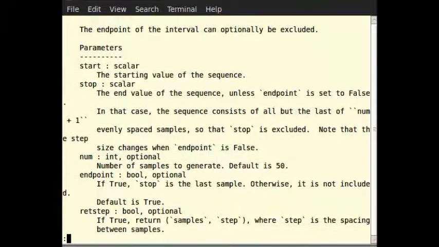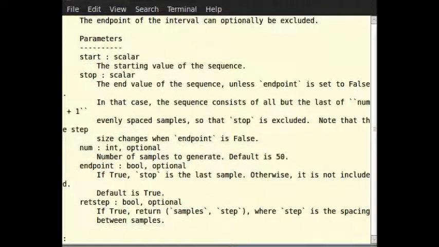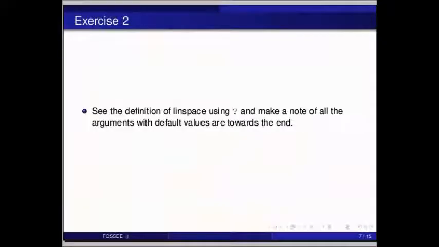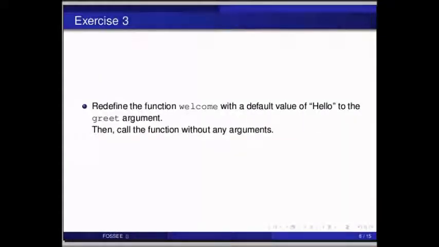So pause again and try out the following exercise. Redefine the function welcome with a default value of hello to the greet argument. Then call the function without any arguments.